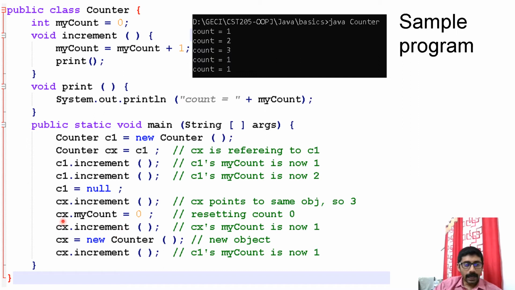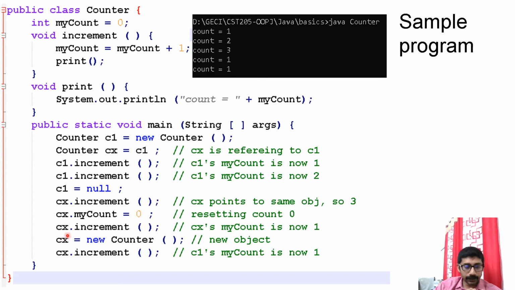Now I am accessing cx.count, this particular member variable, and setting it to 0. cx.increment will update that to 1. So now my cx is pointing to an object where the value is 1. Now in this statement, cx equal to new Counter, I am creating another object and storing to the same reference. This was already having one object.